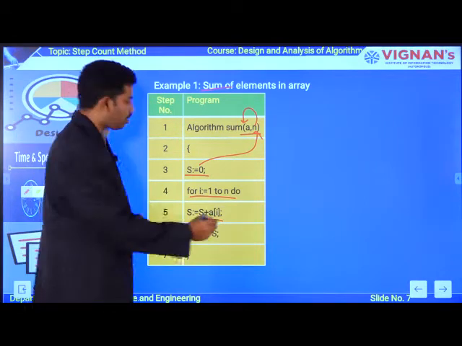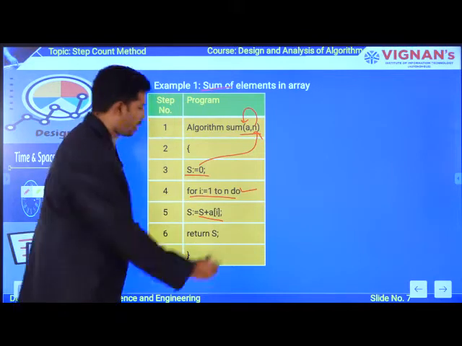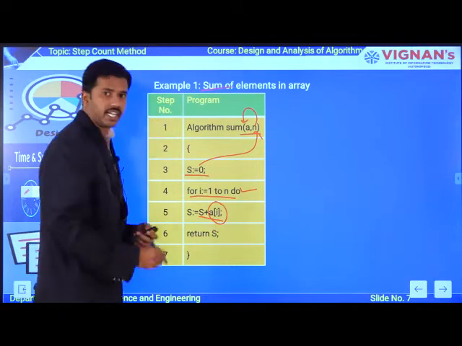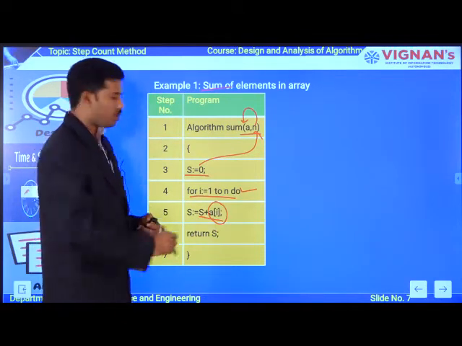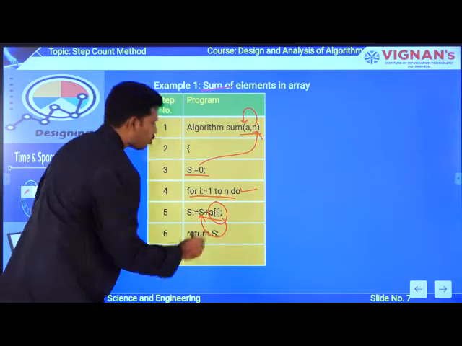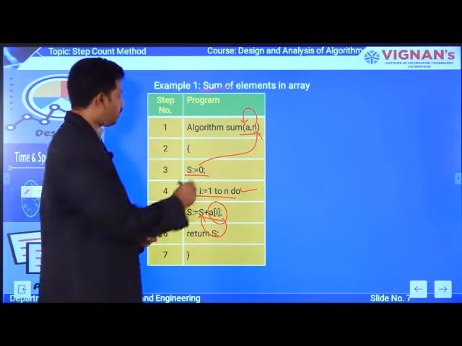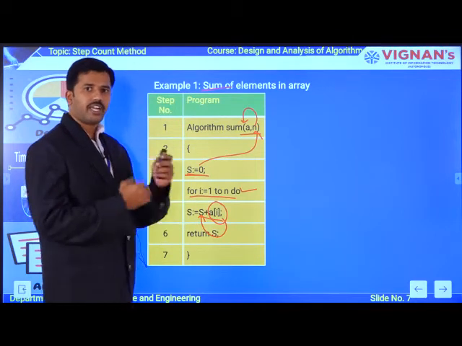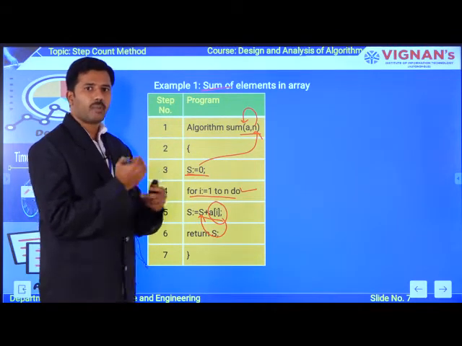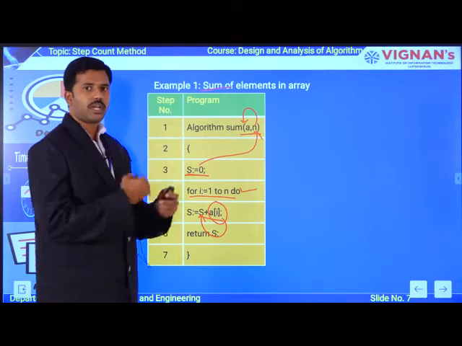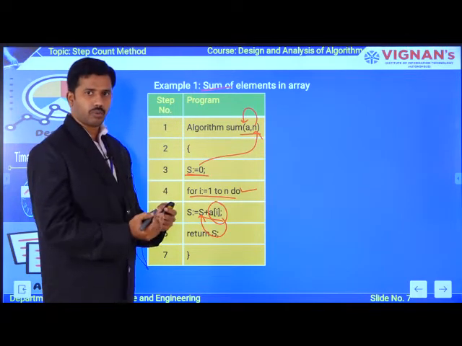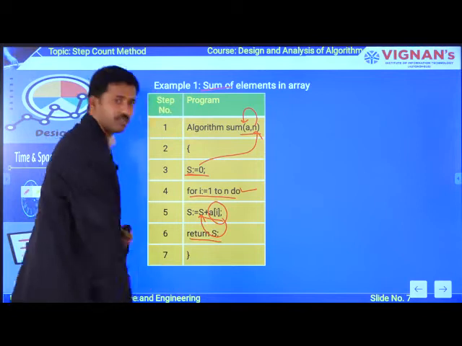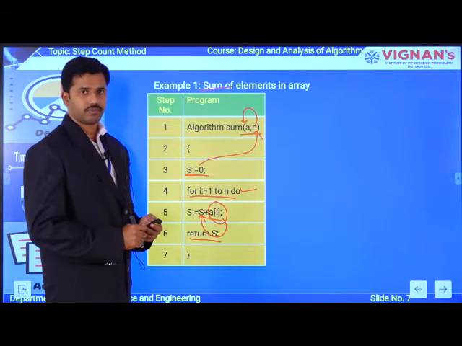For every iteration of this for loop, I am retrieving the value of the corresponding index which is available in the array. That value will be added to my s variable. Initially my s variable is 0. Likewise, for every iteration I am updating the s value. After completing the execution of my for loop, I am going to return the result with the help of the statement return s.